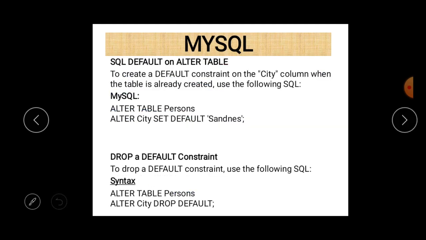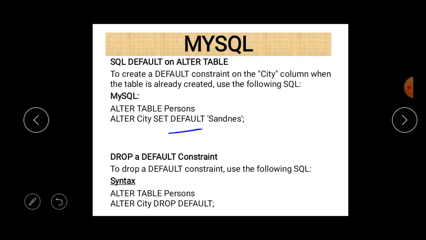And next is default. Basically, default is a default value we add for a purpose. For example, if you want to insert an address in the address column in a table customer, and you forget to enter the address in table customer, then we want some default value to be there. For that purpose, the default constraint must be used.